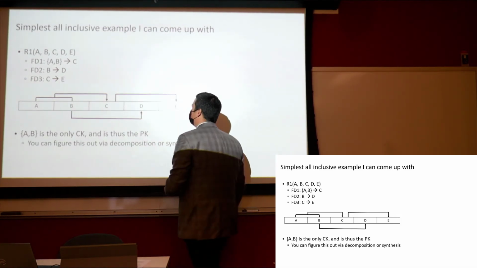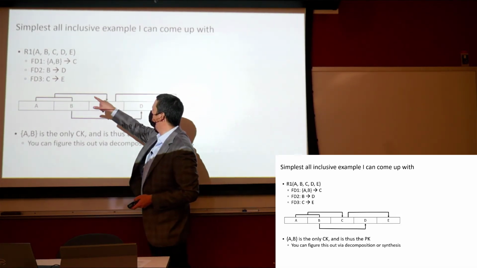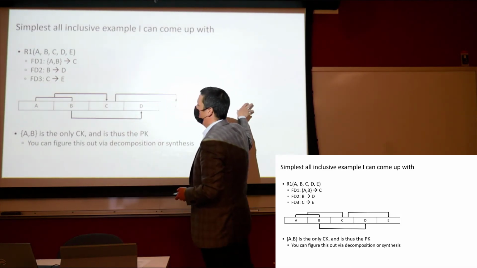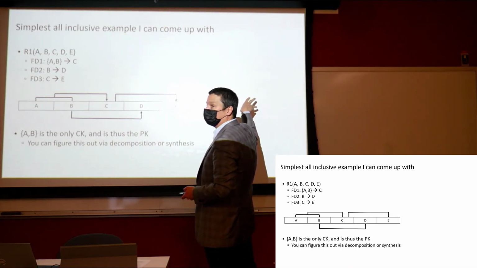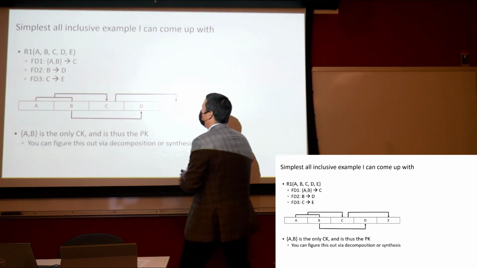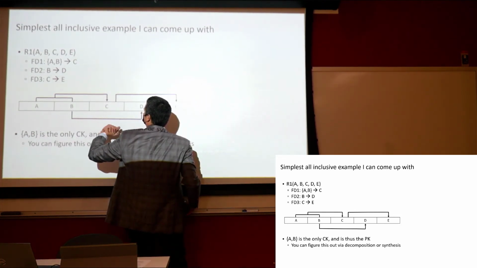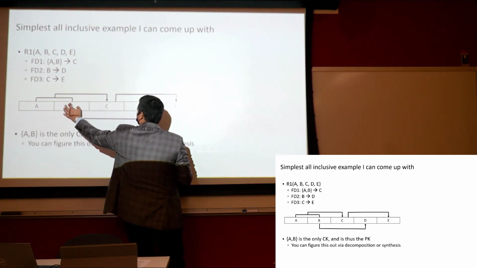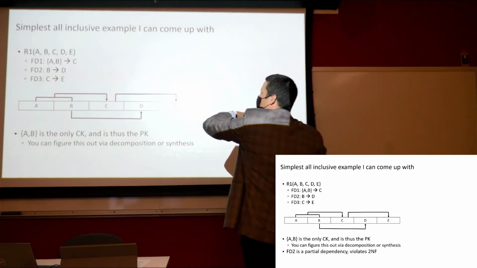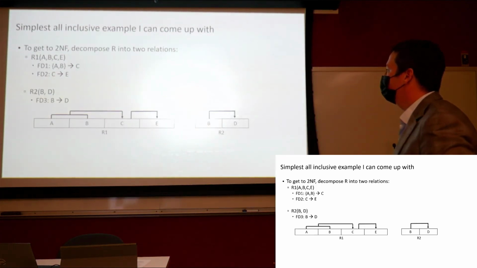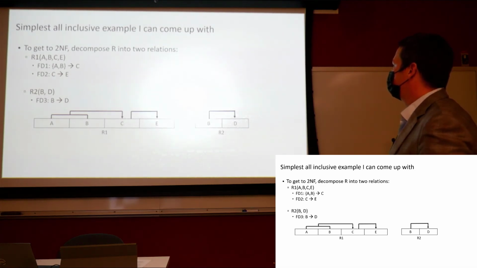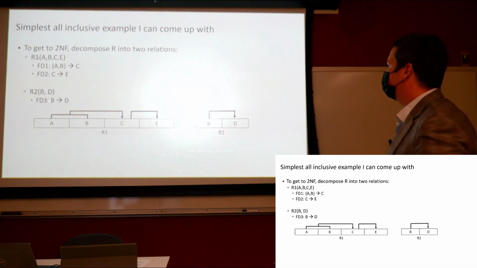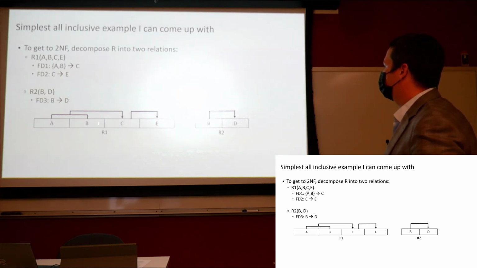So in order to get rid of that, we're going to move this functional dependency 2, B determines D, out to another relation. We're going to create a new relation, or a new table in our database, with these two attributes, but we're going to leave behind this determinant B in this source relation, and this is now going to be a foreign key that refers to B in the new relation. Okay, so it's going to look like this. So here's our new relation with this functional dependency B determines D. Now this B attribute is a foreign key that refers to this attribute and could be used to join these